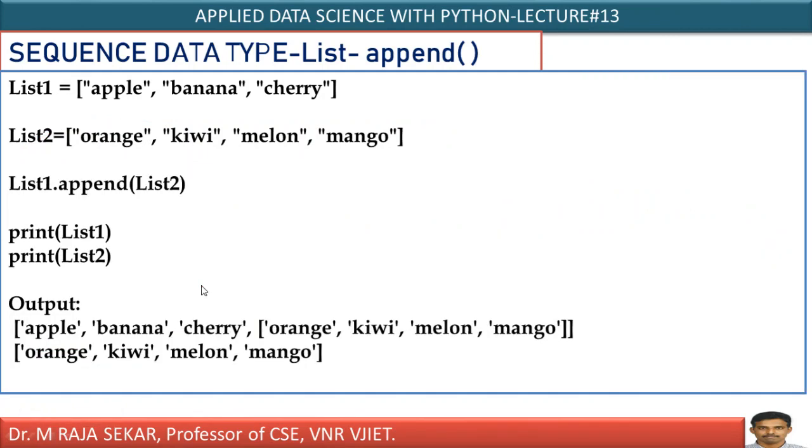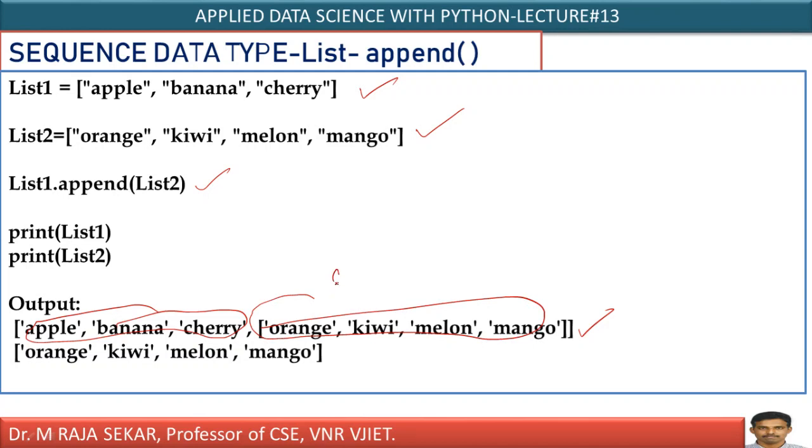Let me proceed further. Just try to compare this slide with the previous slide. I have list 1. I have list 2. list1.append(list2). This is the same thing, append, which I discussed, isn't it? Append means what happened? Just see, this is list 1 and this is list 2. This entire list is added as a single element. That's what I told you. What about list 1? This is list 1. What about list 2? This is list 2, isn't it?